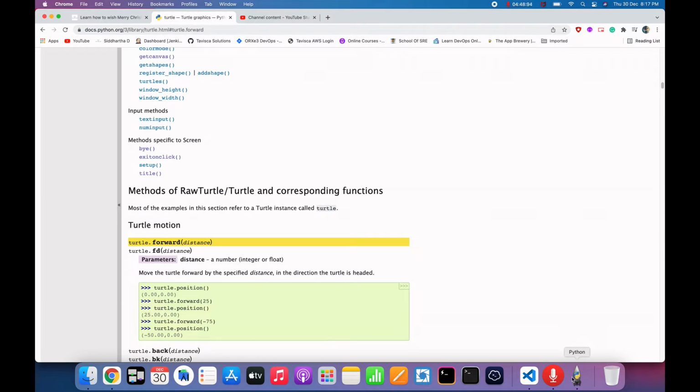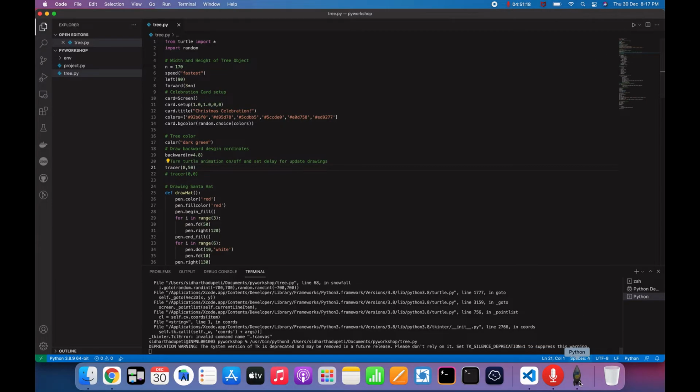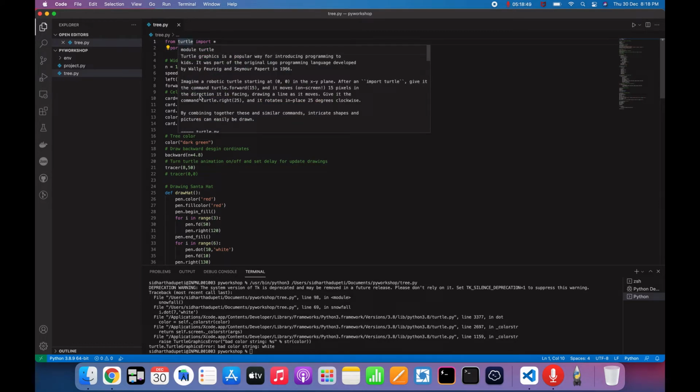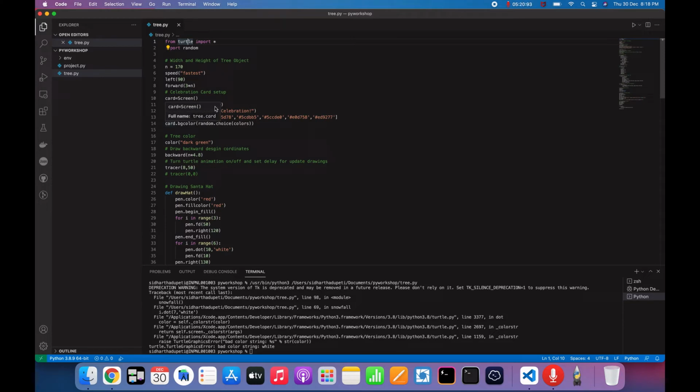But yeah, let me stop this program for now and give you a quite brief overview of the entire program. The program consists of many sections. In the first top section, you can see we are importing the turtle library and the random module. Random and turtle are module names in Python, and we import them just like in any other programming language like Java or C or C++, where at the top you import the classes or modules you are going to use in your program.